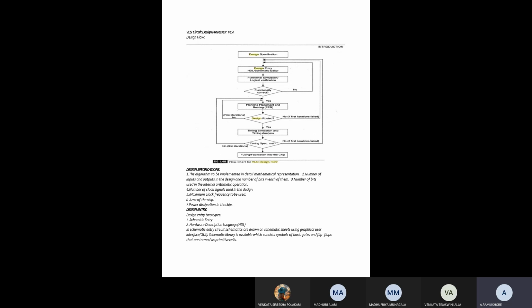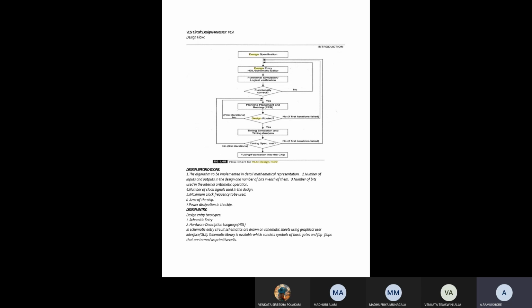The design specification includes all the parameters and considerations involved in the design, which are to be implemented in detail, like a mathematical representation.